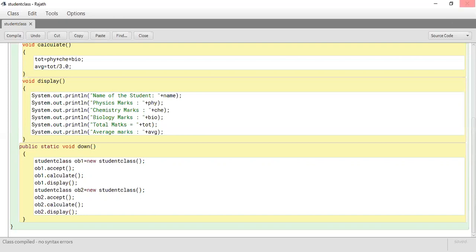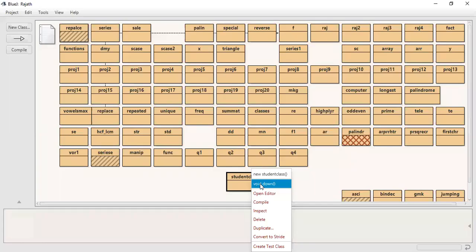Sir, is this because of static, sir? Very nice. Because of the static keyword. See, for other functions, we didn't use the static keyword. For this, we use the static keyword. It means if you write any function with the static keyword, understand? Then they will be listed over here.